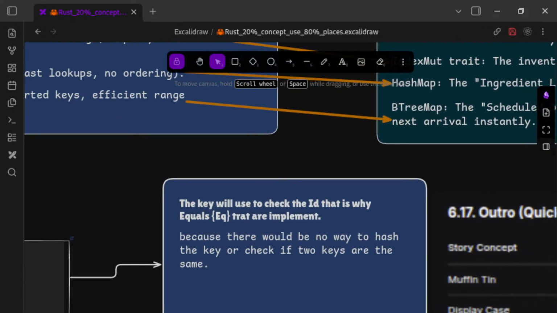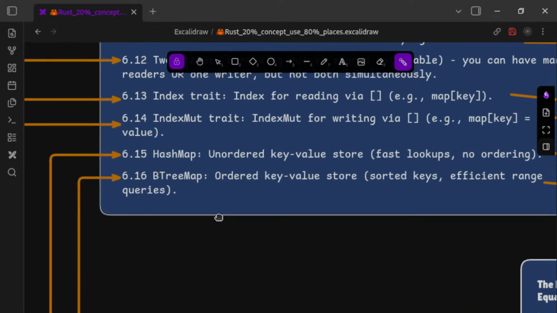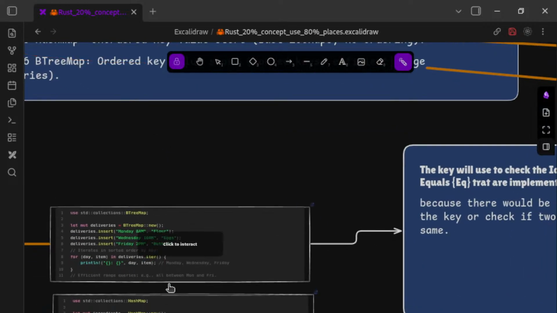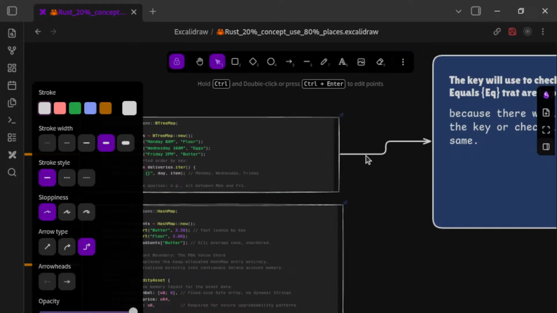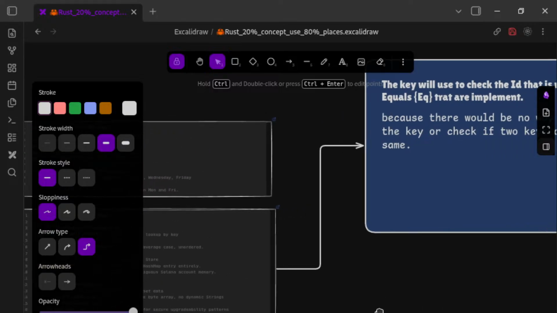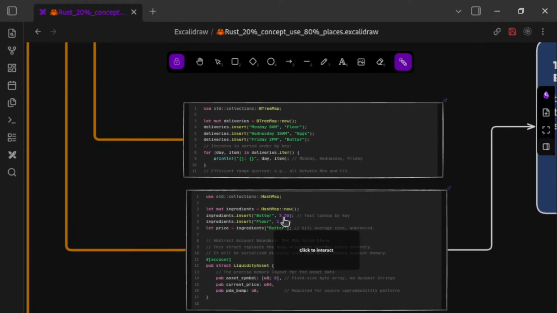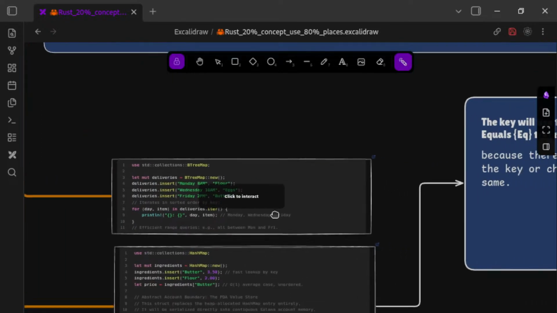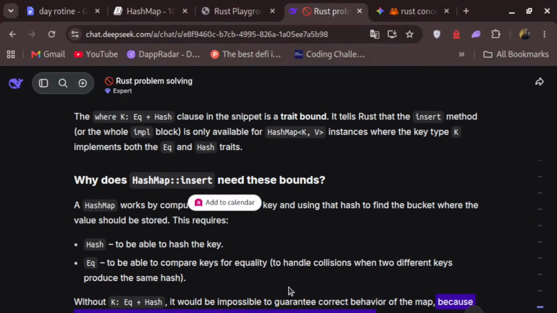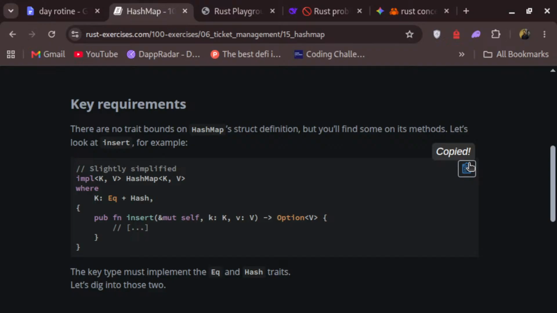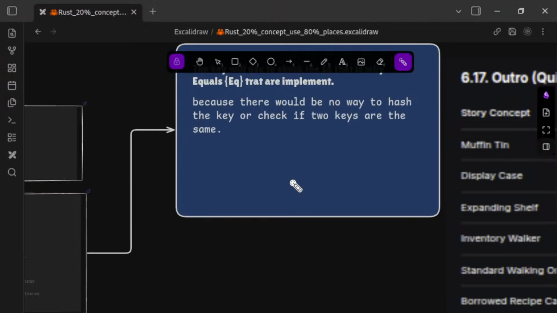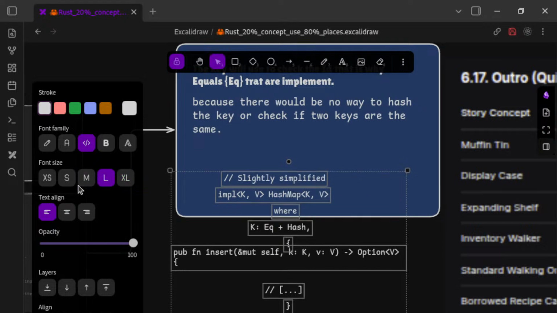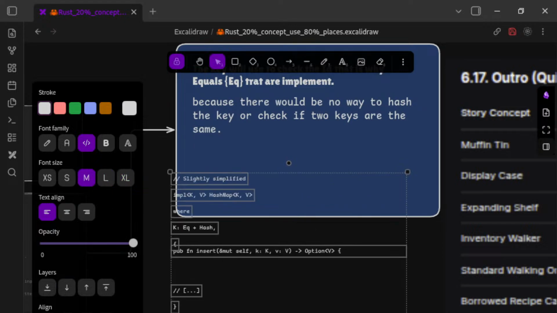Okay, you can see this is what is going on in the HashMap. So the core concept is that we will use this structure on our